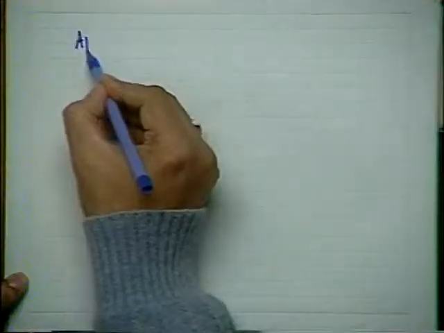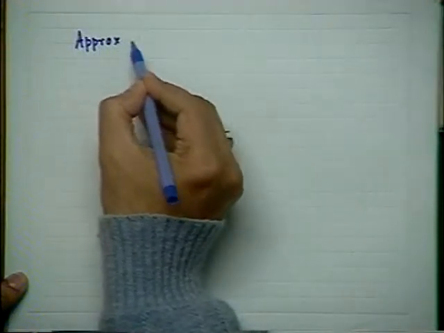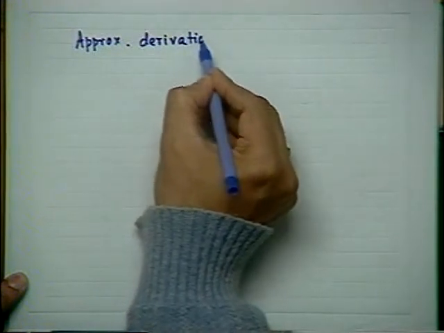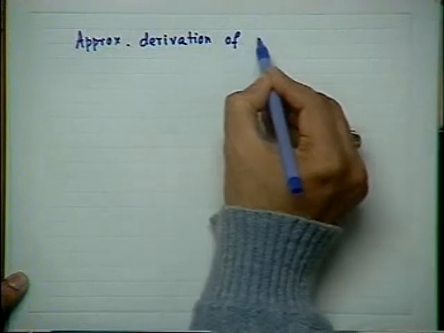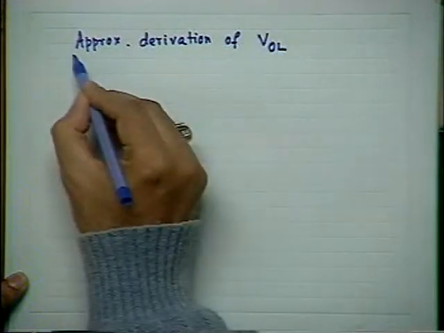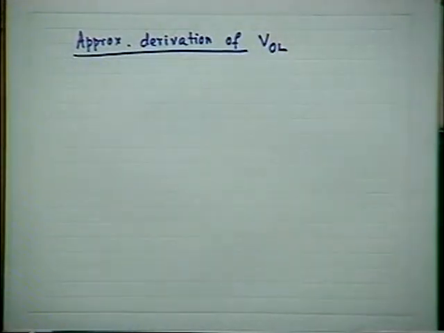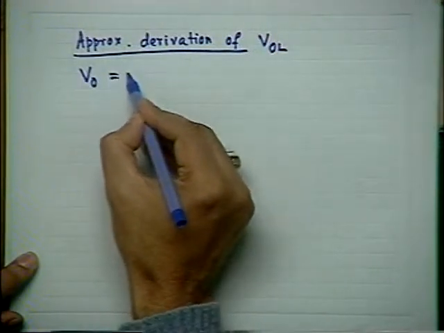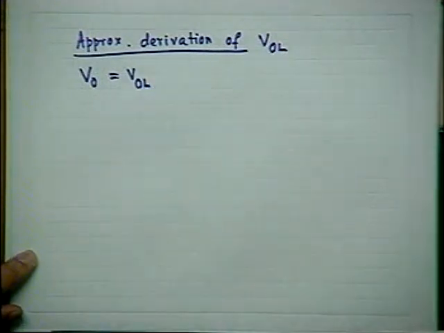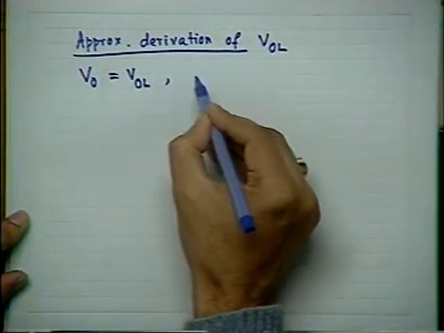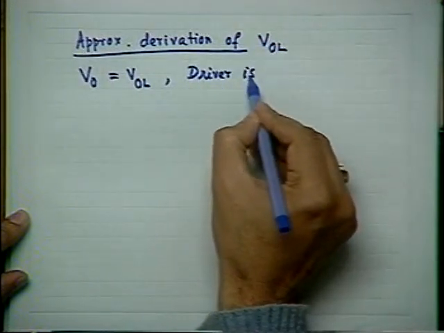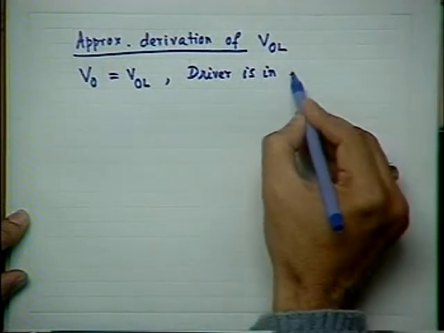That is an approximate derivation of VOL. You see that when VO is equal to VOL, then the driver is in the linear region naturally,